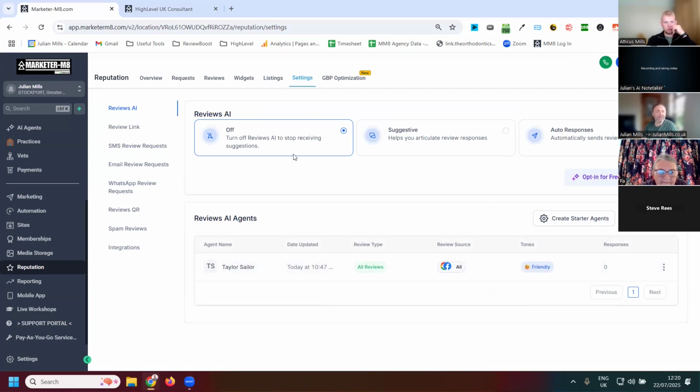Okay, so the first thing you'll see is reviews AI. I've got it turned off at the moment. I could use suggestive or auto responses, so it will actually reply when a review is left. And then what you do is you set up AI agents to do this. It's using the AI in HighLevel here. So if you click on what we set up earlier here,